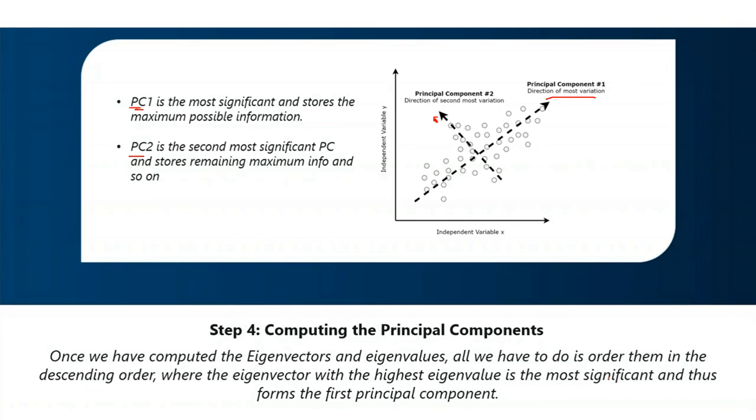and thus forms the first principal component. Based on that, whatever operations we did, we found the mean value, then the median and the standard deviations, and then we found the covariance matrix. Then we calculated the eigenvalues and then the eigenvectors. After that, whichever value we get as the maximum will be the principal component.